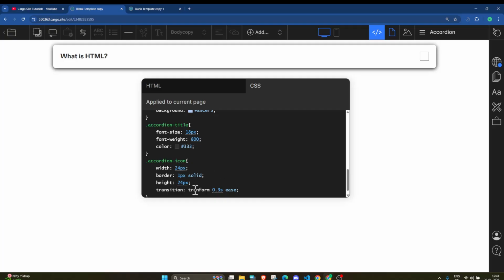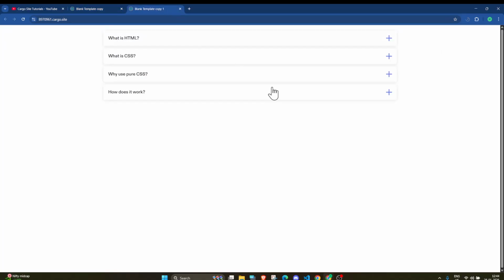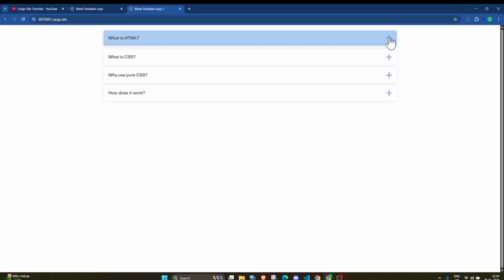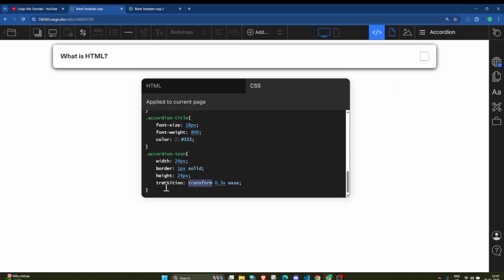So it should be transform. Here you can see that the color changes because I have added the wrong CSS here. So basically we are adding transition because on clicking you can see that an effect is added. So that's why to create this thing we are adding this CSS property.